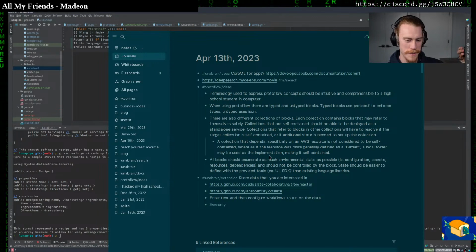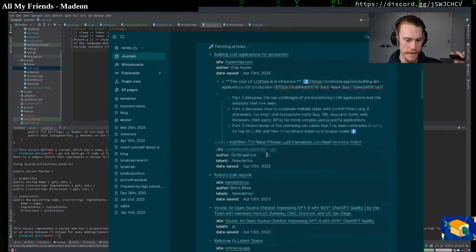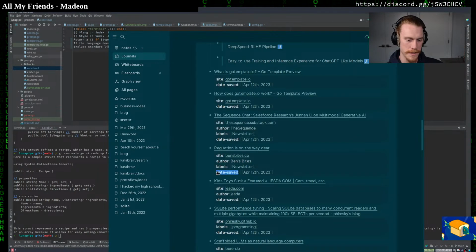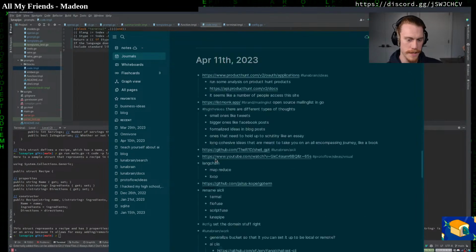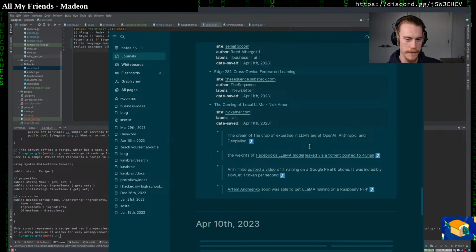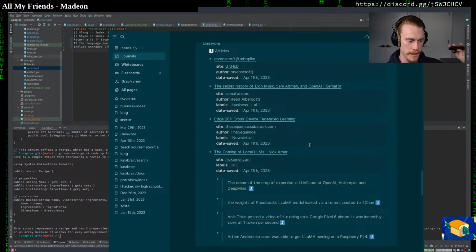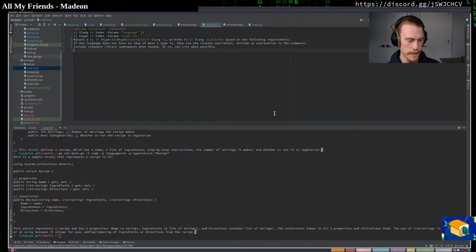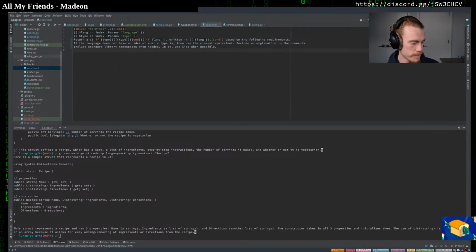No. So I have this key. If I press Command N, I pop up open my notes. And anytime I come across something interesting, I just save it. So I have a bunch of stuff saved in here that I haven't looked through. These are all just tabs that I've had open that I've clicked down. And what I can do if I want to go see it is